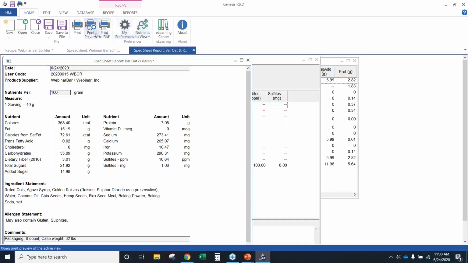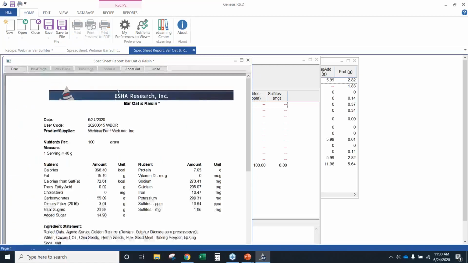And so I mentioned I can show you this. The logo, unless you work for ESHA Research, it's really appropriate to include your own information on this report when you share with others. We've seen spec sheets out there in the world that have the ESHA logo. And so to change that to your organization, if you go to My Preferences